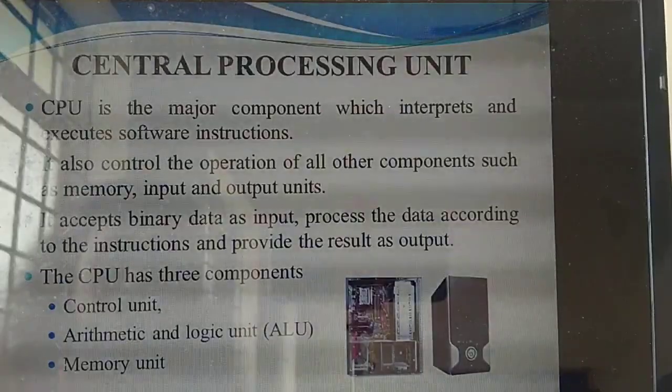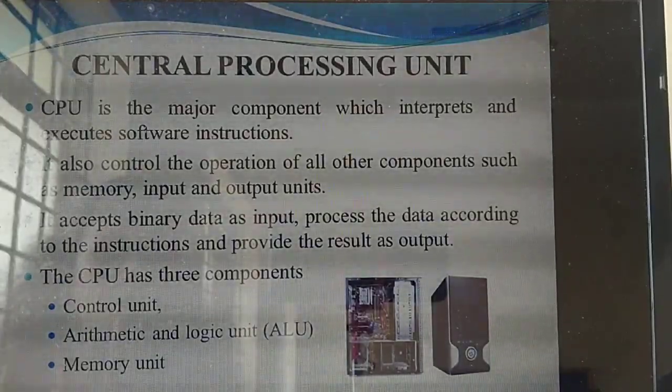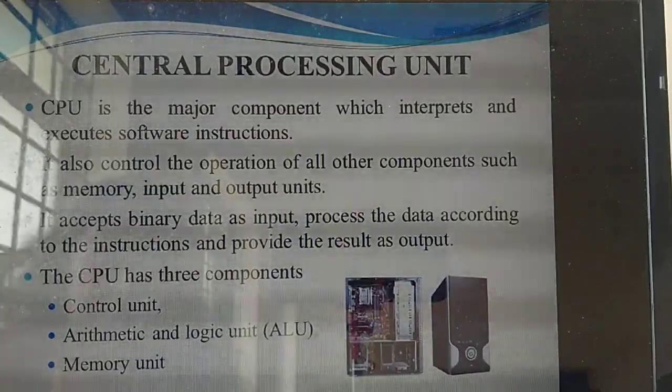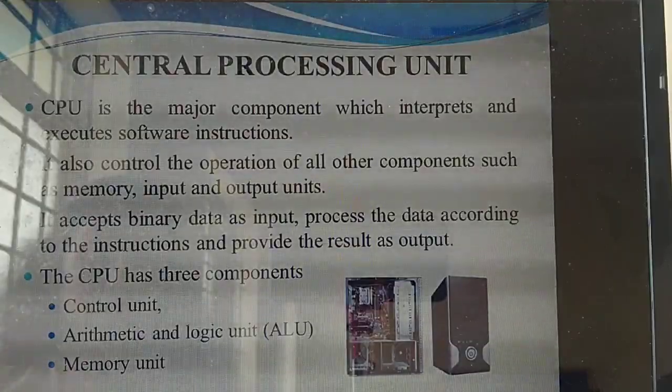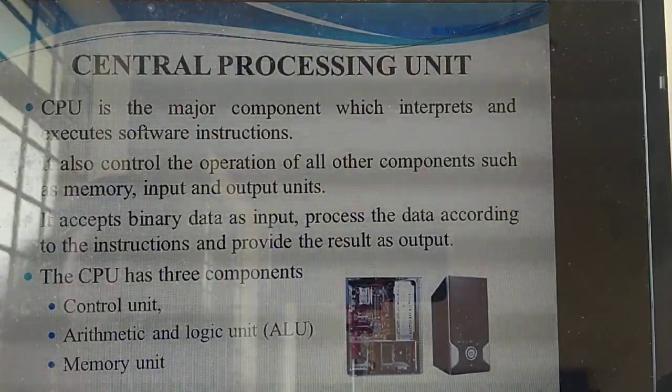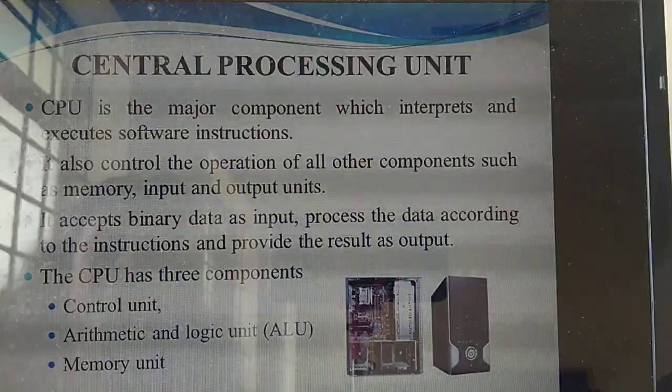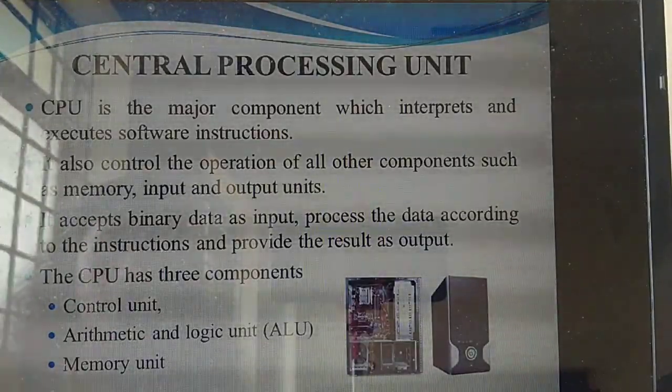In lower classes you might have studied, isn't it? For example, a human is there. Without a brain, can we do anything? No. So the brain is the main part for what? Memory and sending signals, etc. Likewise, in a computer, the major part, the heart or brain of the computer, means the CPU. Understand? Yes. So the CPU is a major component of the computer.